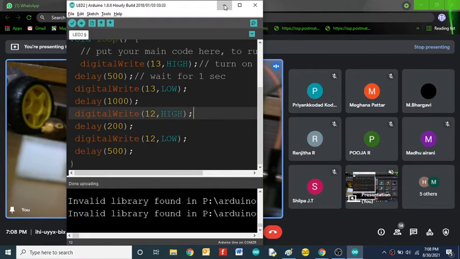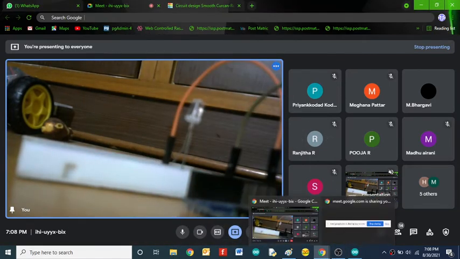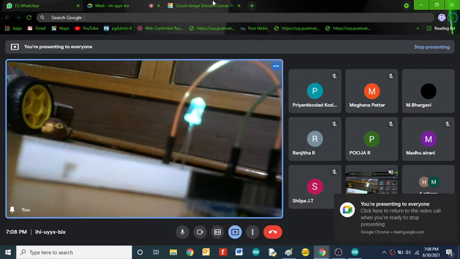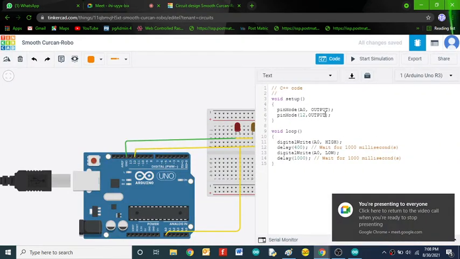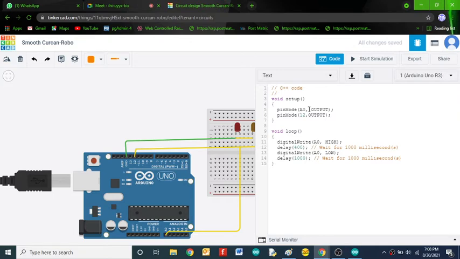Now I will copy this code, or I will write it over in the simulation part. Here we already have the pin mode A0 and 12.